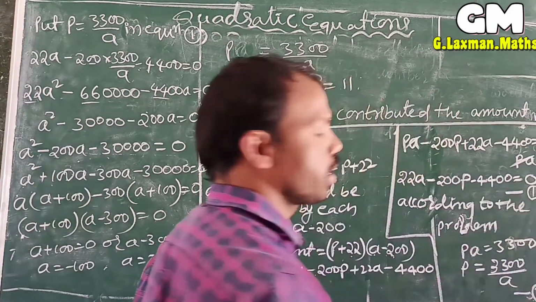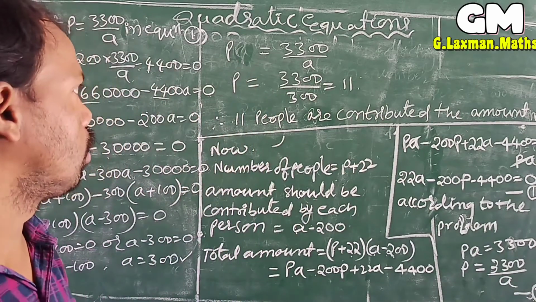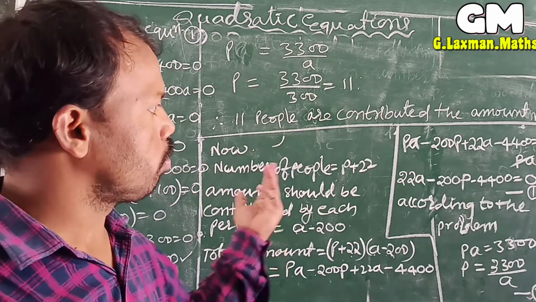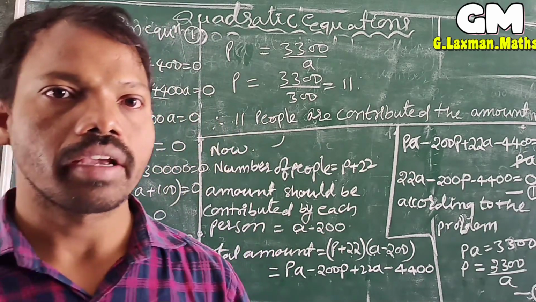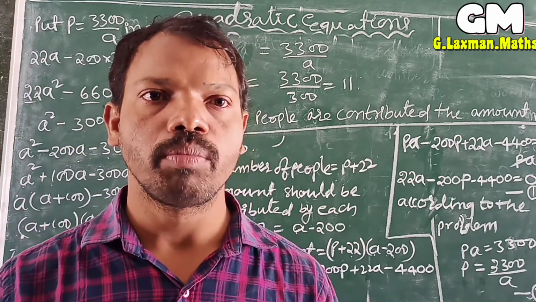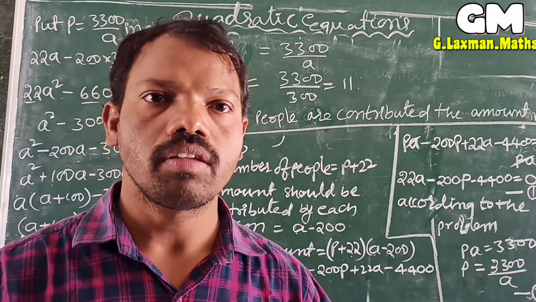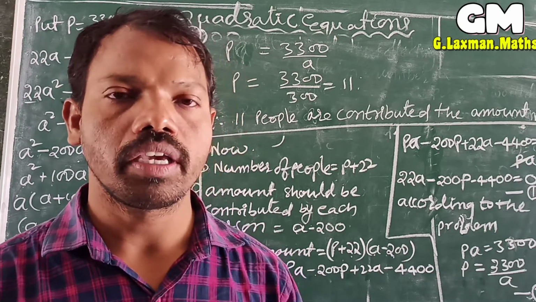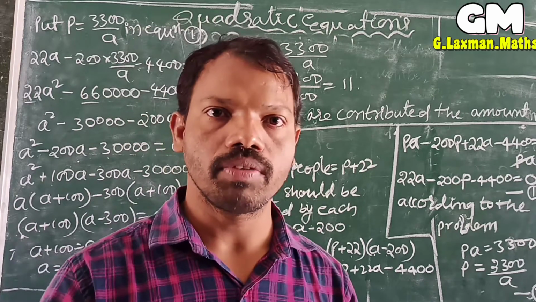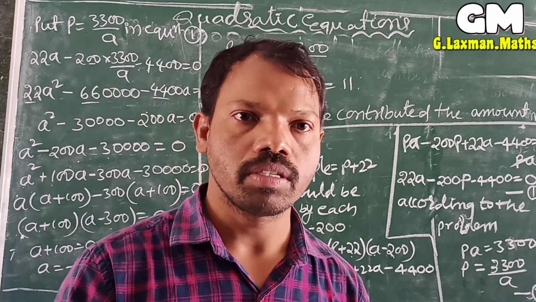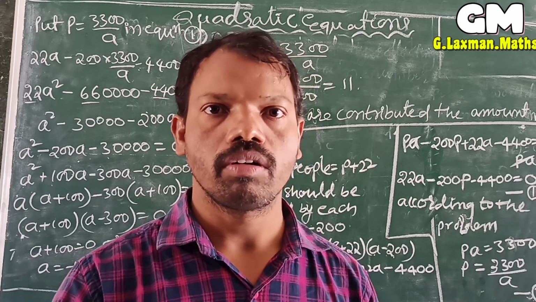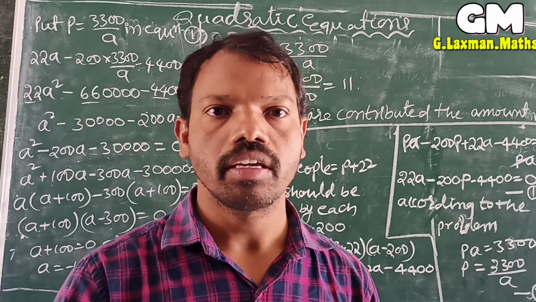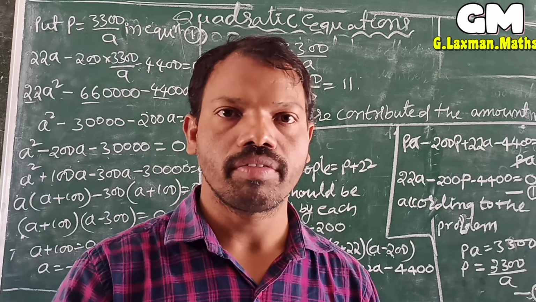So like this we can solve real life problems. Many problems are like this: trains, taps, a stream, speed of the boat, speed of the train. These are all good examples for quadratic equations. By using quadratic equations we can solve these kinds of problems. Okay, so you can try and practice more to understand quadratic equations in real life. Thank you.